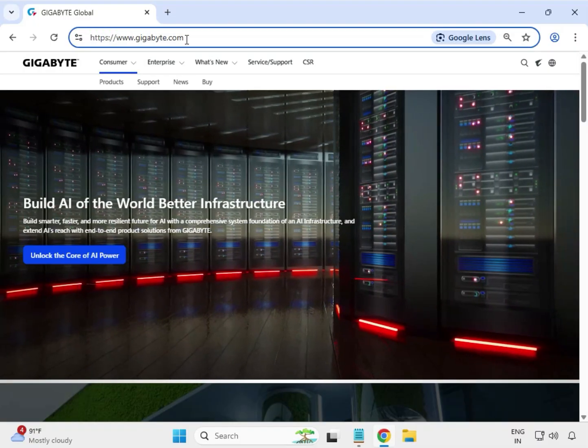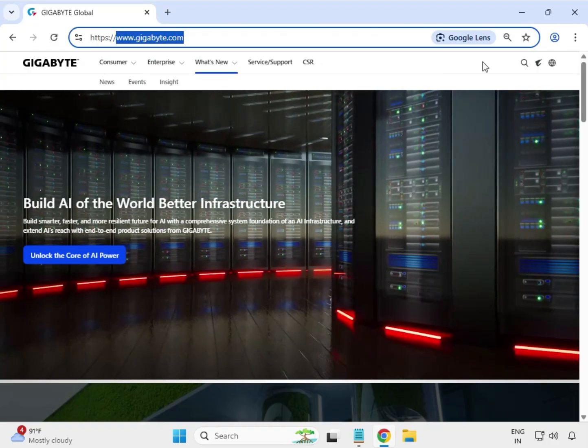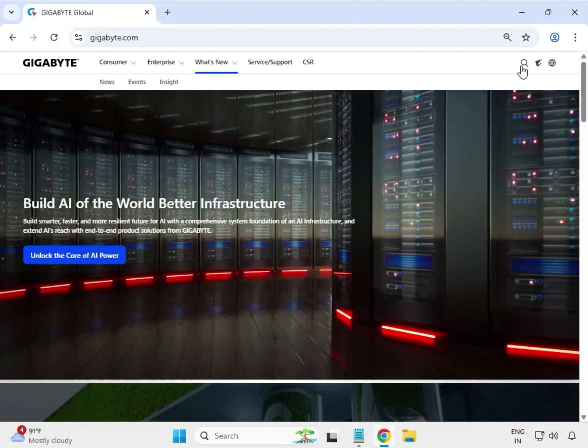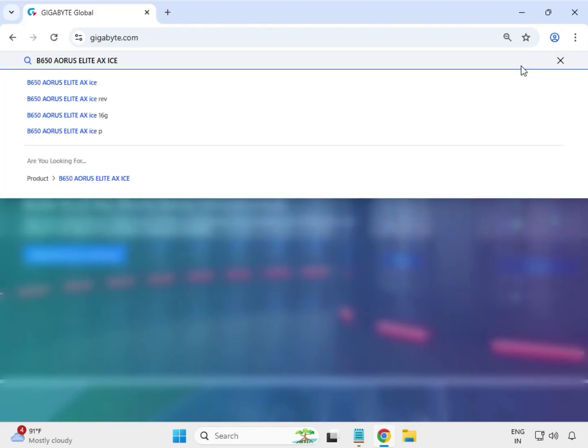So first you have to come on this site www.gigabyte.com. After that click on the search button and then enter the model number of the motherboard: B650 AORUS Ultra AX ICE. Just enter,